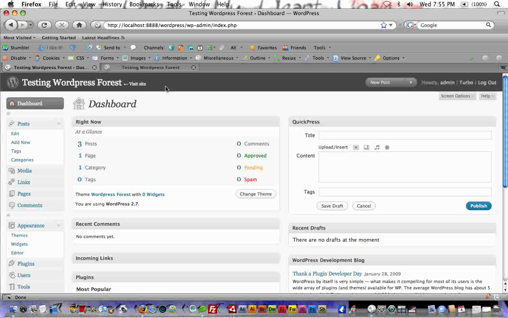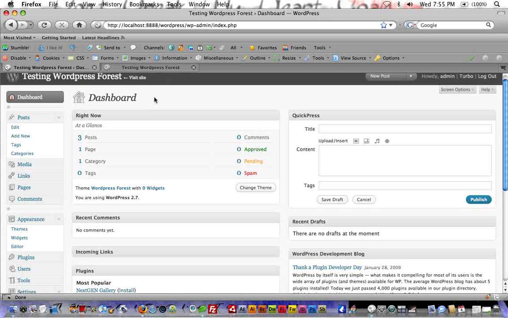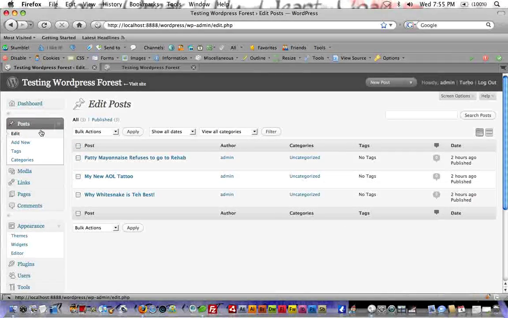WordPress admin panel, and what I want you to do is go ahead and add some filler content. I've added about 3 posts, just so we have something to pull out of our database when we get into the loop in just a little bit. So if you don't know how to do that, you go under Posts, and you click Add New,